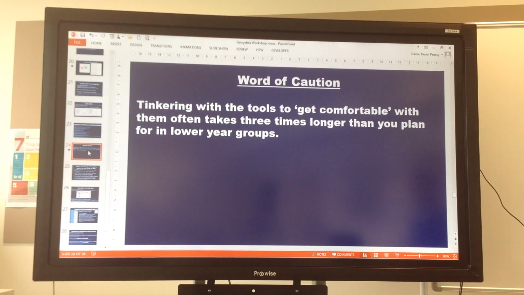There's a word of caution that I really want to make clear, is that tinkering around with GeoGebra and getting comfortable with the software often takes students a lot longer than you'd think. So I use the kind of times-three rule there. And I would certainly make sure that you give students time to get used to the software before you start asking them to delve into understanding a concept or exploring something, because you don't want them concentrating on the technology